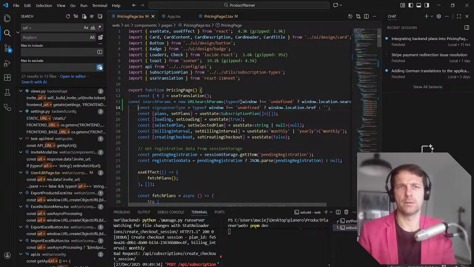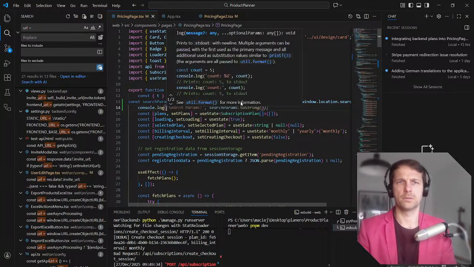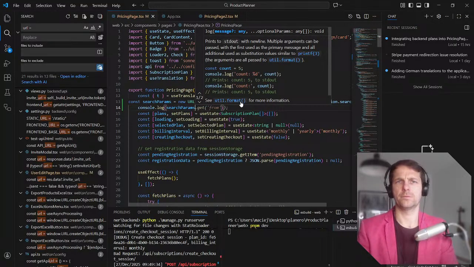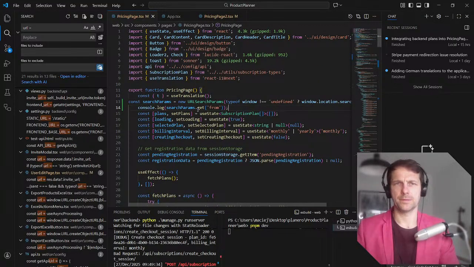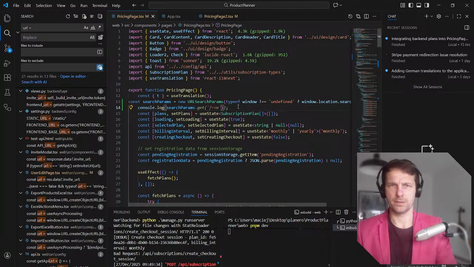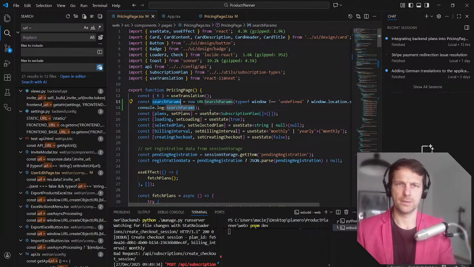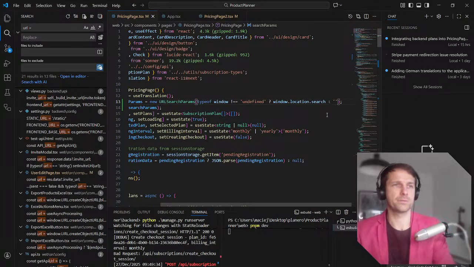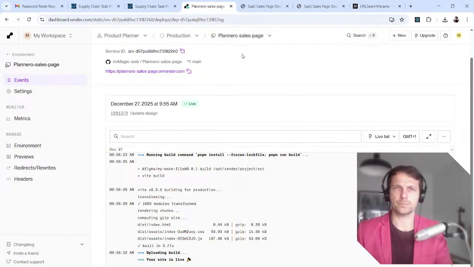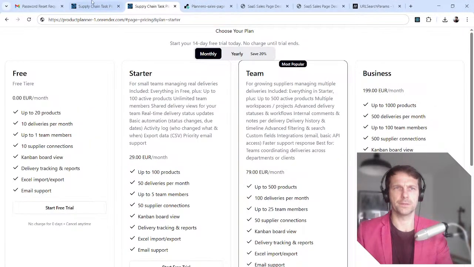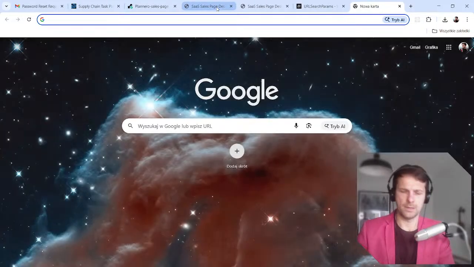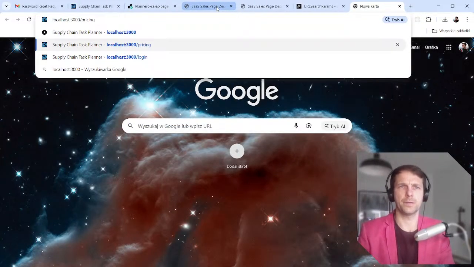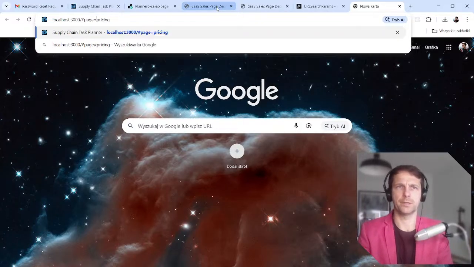Okay. Let's see what is actually being spit out. Console log search params from, I don't know, get search params. Let's just see what object I'm getting here, because this is just gonna be some object. What's here? Search. Yeah, location search. Okay, I think we're gonna get params from this API. So when I open that, this is the page, although I have to do it locally. Localhost 3000 pricing. This is page equals pricing.